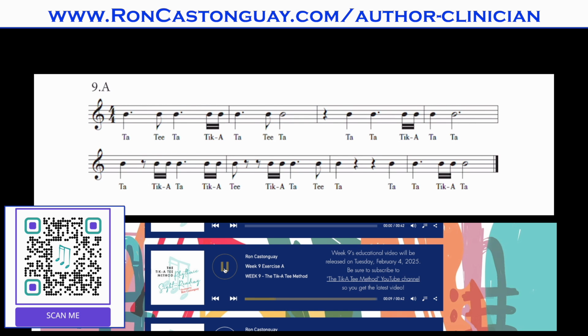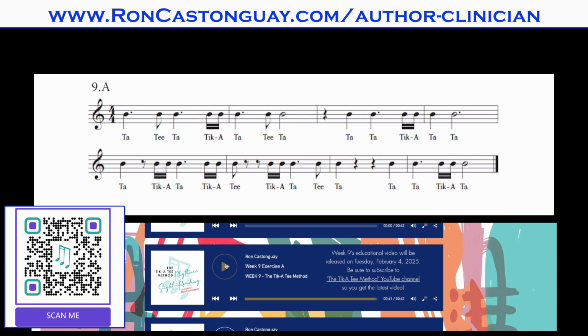One, two, three, 4. Ta, ti, ta, tika, ta, ti, ta. Ta, ta, tika, ta, ta, ta, tika, ta, tika, ti, tika, ta, ti, ta, ta, ta, tika,